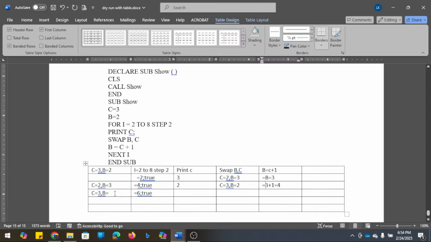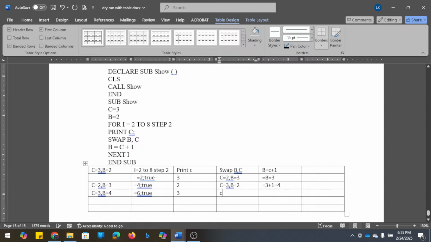So what is the value of B now? B is 4. Am I right? Yes, B is 4 here. C is swapped. C is 3. Condition being true, what is the value of print C? That is 3. Now again swapping is done.